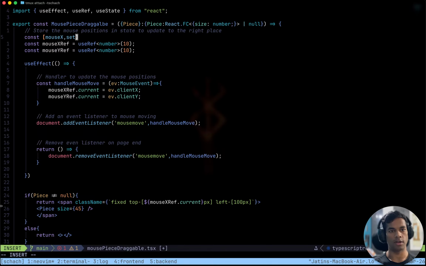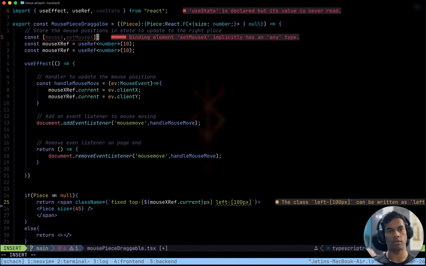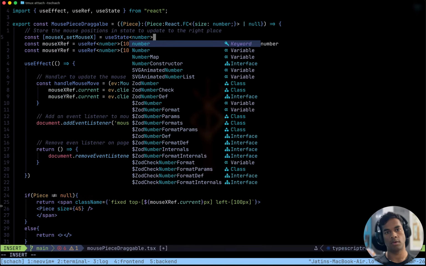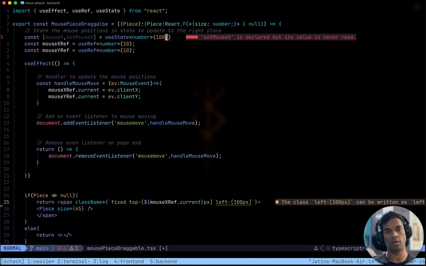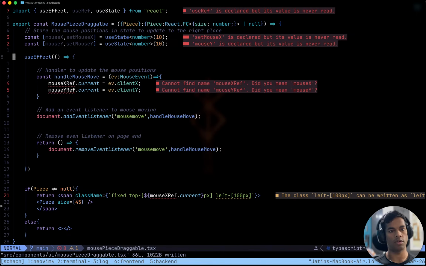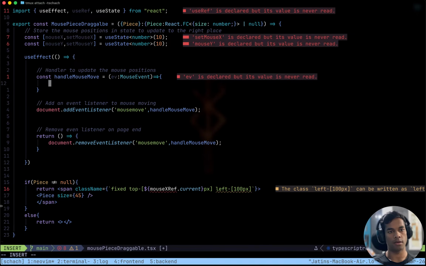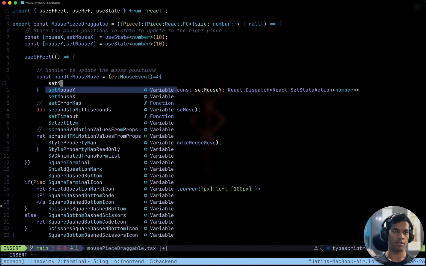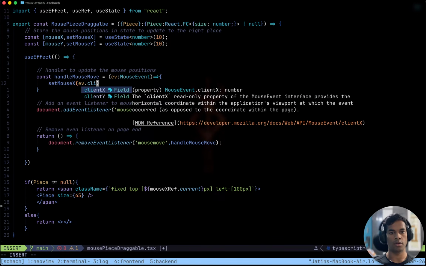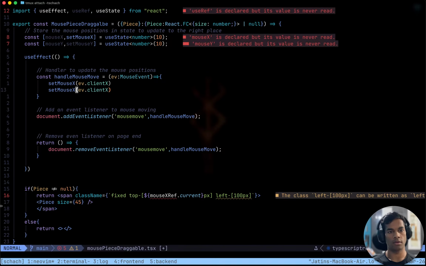Mouse x, set mouse x equals state number 10, y. Do not use this here instead of this. Set mouse y ev dot client y.